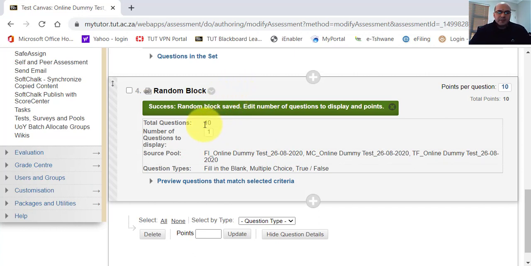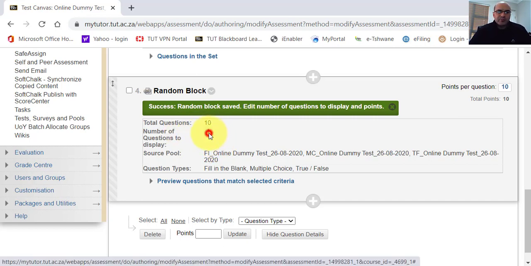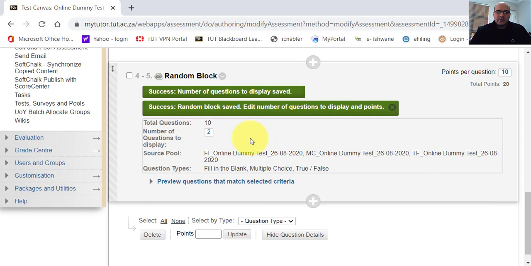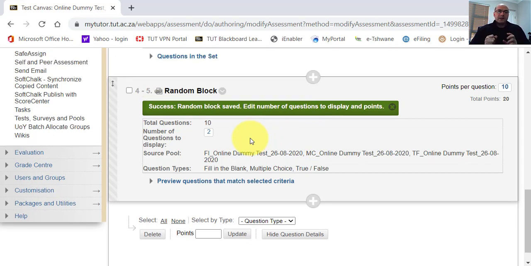A random block that consists of 10 questions, and the number of random questions you want to ask from that random block, let's say it be 2 questions. So the difference now is that Blackboard will select any 2 random questions. So one student might receive 2 true and false questions, one student might receive 2 multiple choice questions, and one student might receive 2 fill-in questions. So that's what you want to prevent, and that's why you need to